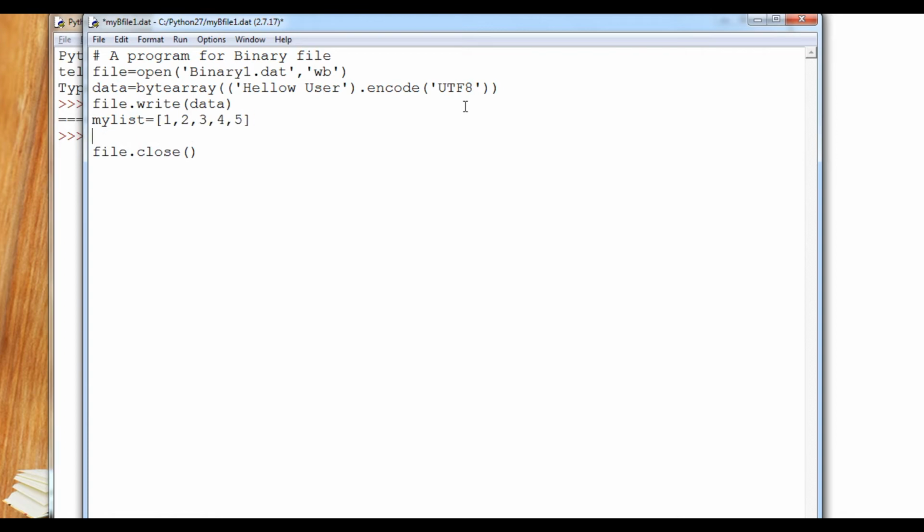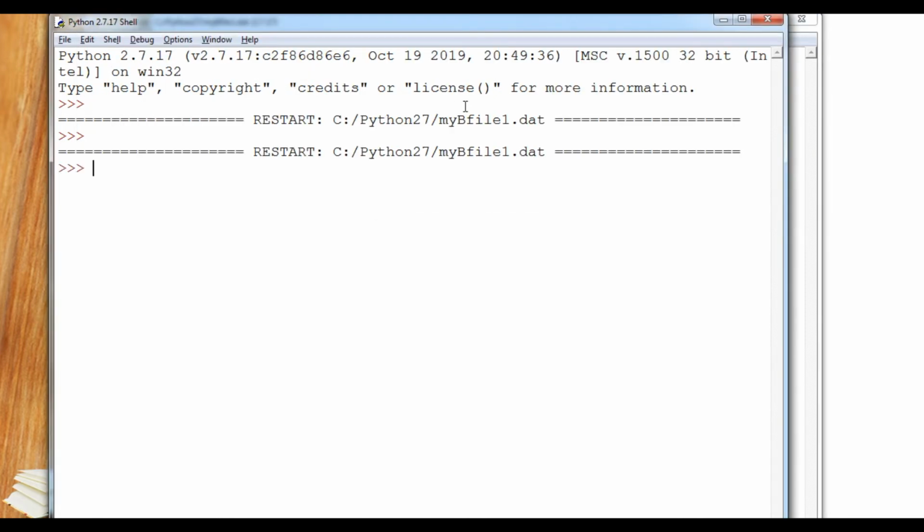Then I will write this content: data2 equals bytearray, and I will type my list, then file dot write, and inside that I will write data2. So run it. So data has been written here.